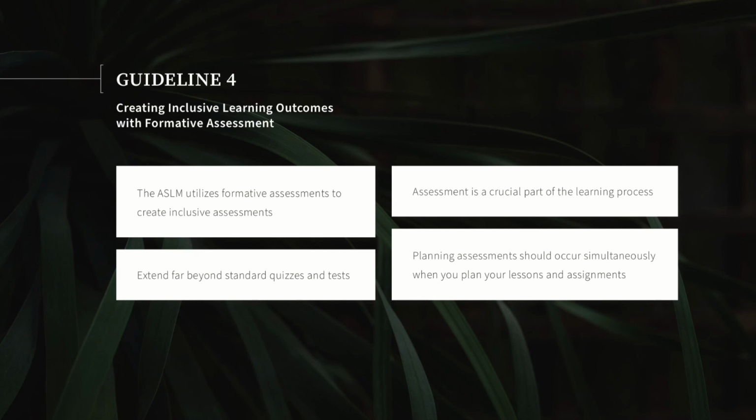Assessment is a crucial part of the learning process. It drives learning when it is appropriately aligned with the educational objectives. Planning assessment should occur simultaneously when you plan your lessons and assignments. Locke and Johnson, 2015, stated that for each component of a lesson or project, you should consider how your students